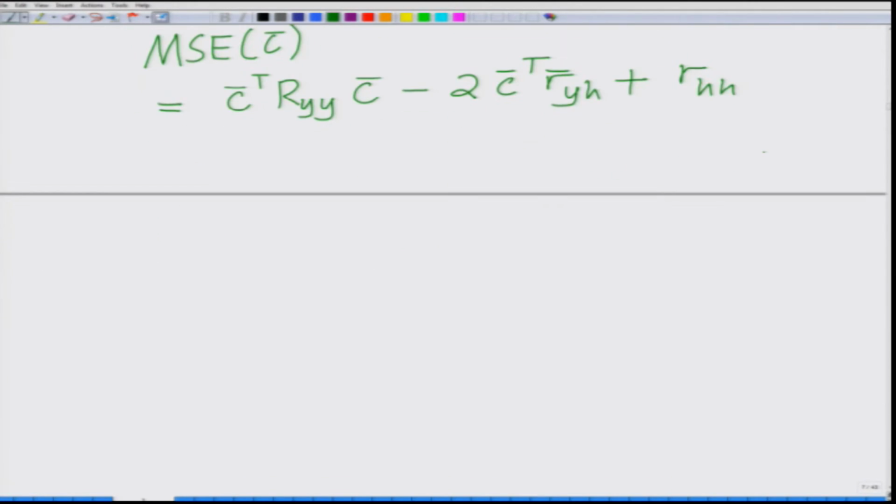Now, we have to differentiate this MSE, which is a function of C bar,